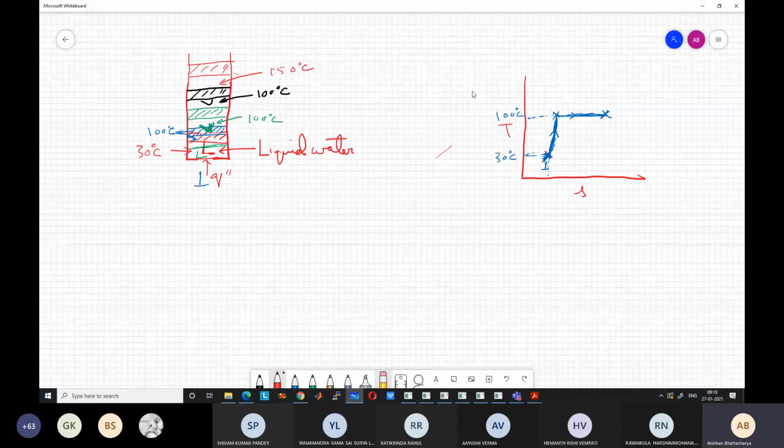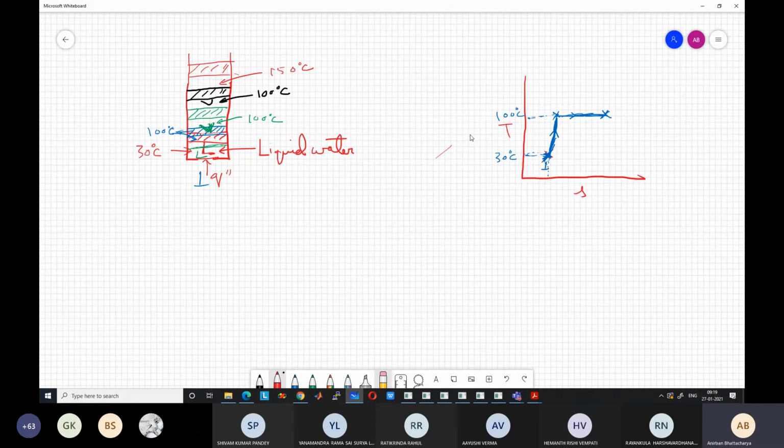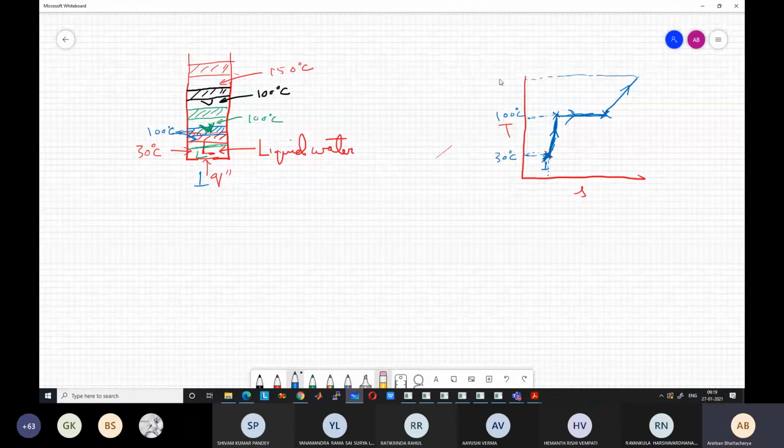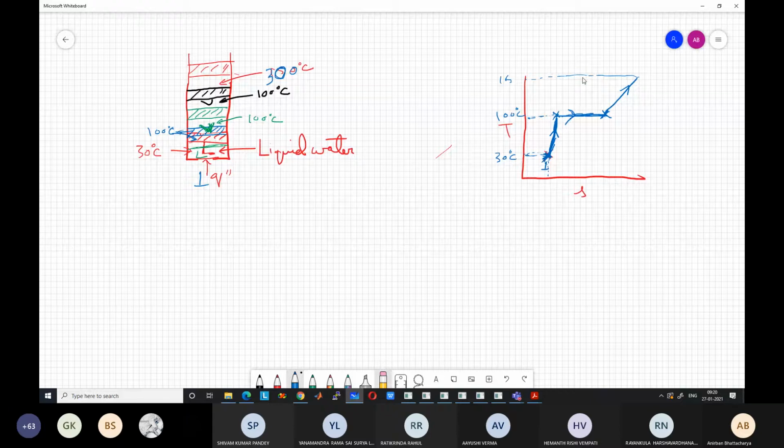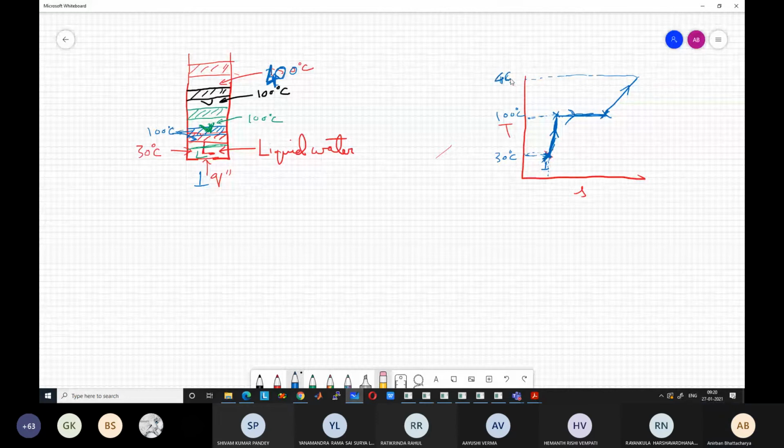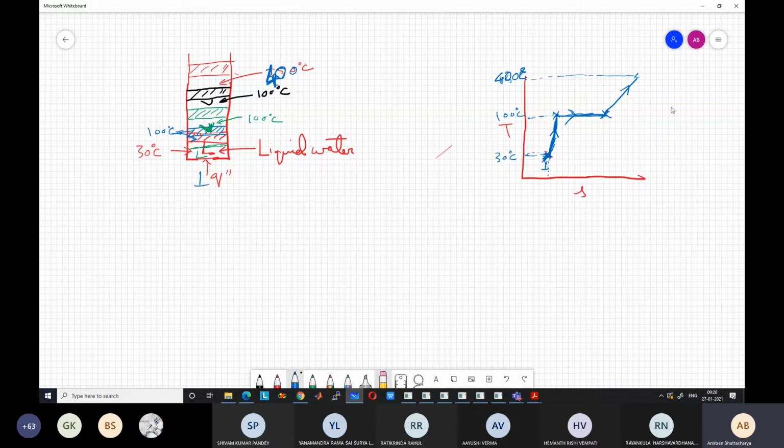So this is our entire process, what I have just shown in this piston cylinder arrangement, starting from 30 degrees centigrade to some temperature, 150 degrees, or let us put some high temperature, 300 degrees centigrade, even higher. There is a reason I am putting this high temperature. So this is 400 degrees centigrade. Scale is not linear. We have reached a high temperature, 400 degrees centigrade. If we keep on heating, it will keep on increasing. Temperature can go to 500, 600, 700. There is no end to it.